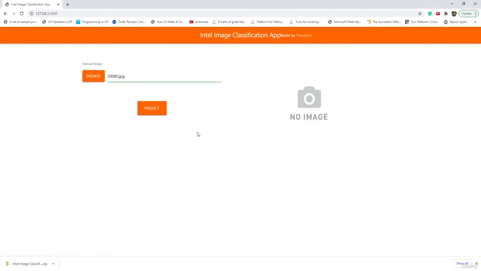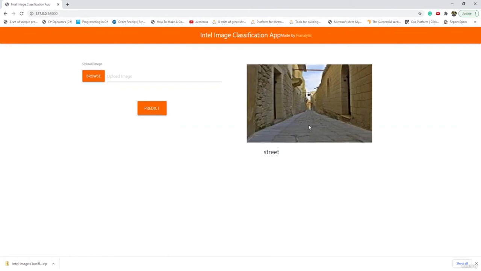I've opened an image here, and let us click on predict to see if it is working or not. Here you can see that this is an image of a street and our model has predicted it as street. So our application is working absolutely fine, absolutely correct.